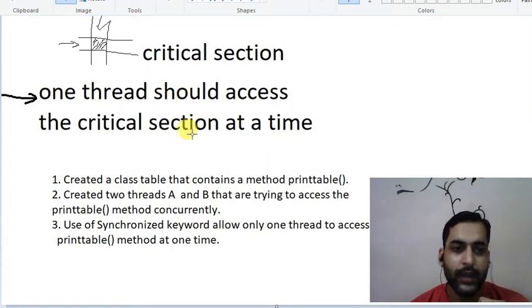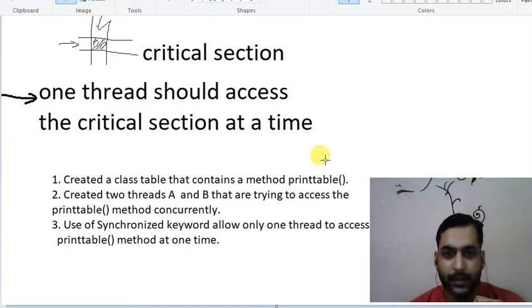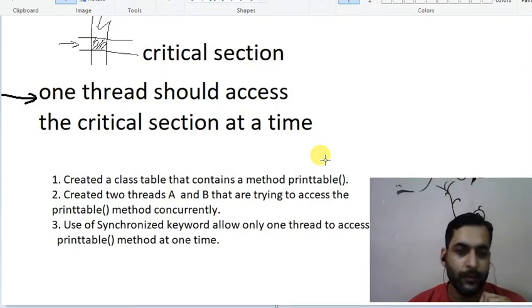Now let us see how we can apply mutual exclusion in multi-threading. Java provides us a keyword known as the synchronized keyword, which ensures mutual exclusion. We will see that with one example. But before starting the example, let us understand what we are going to do in the example. In the example that I am going to show you, I have created a class